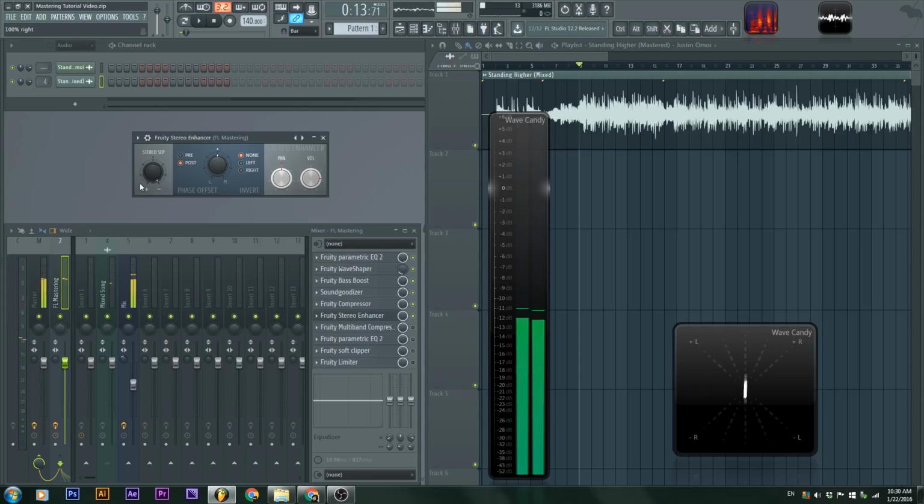So yes, notice once again when we put it on merge, the vector scope, I hope you can see it,